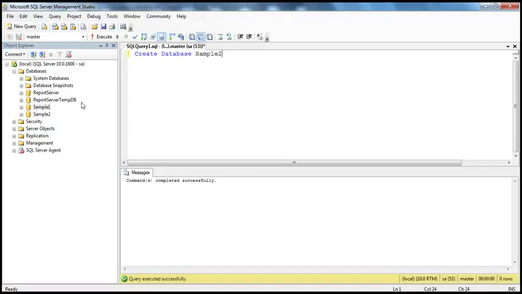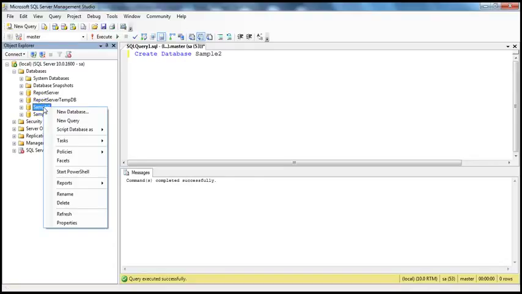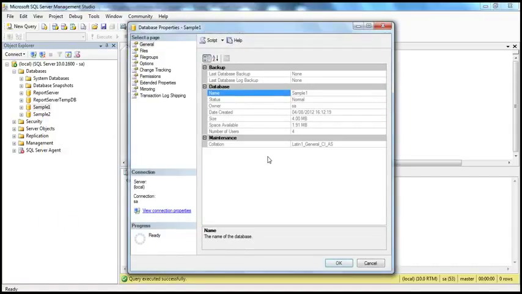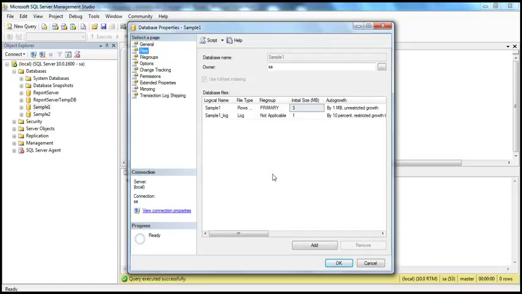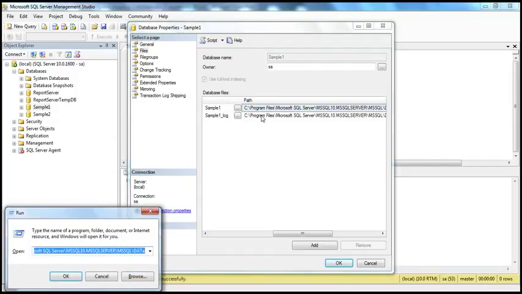Okay, now for every database that we have, whether it is a system database or a user-defined database, there are two files that get generated. Now let's right click on one of the user-defined databases, go into properties, and in the files tab you will have a path. Okay, so there is a path here. Let me copy that path, paste that in the run window